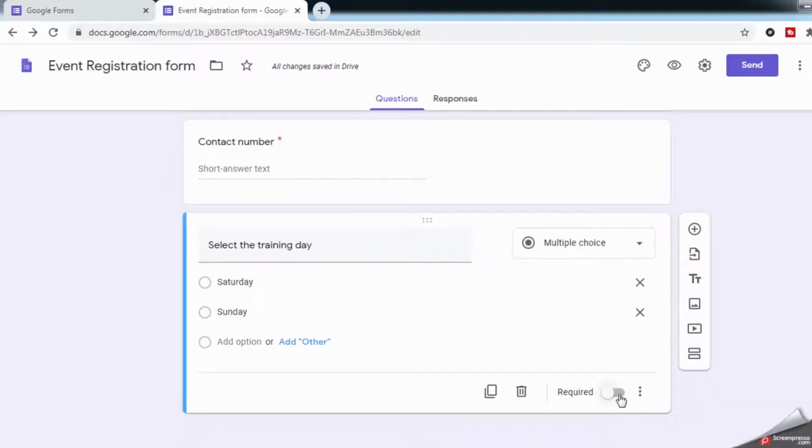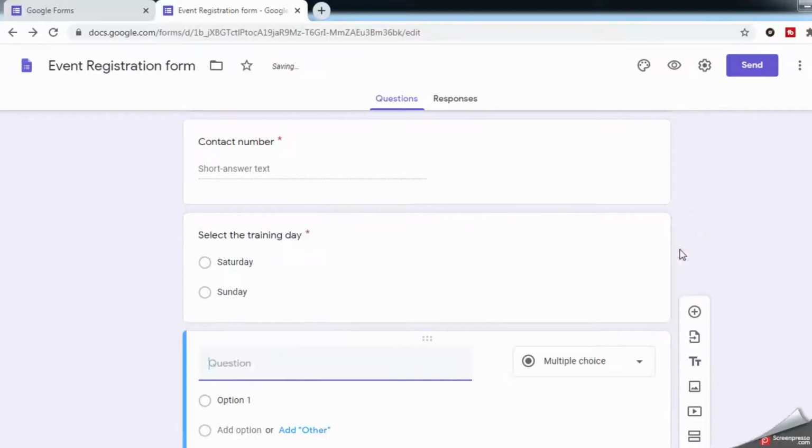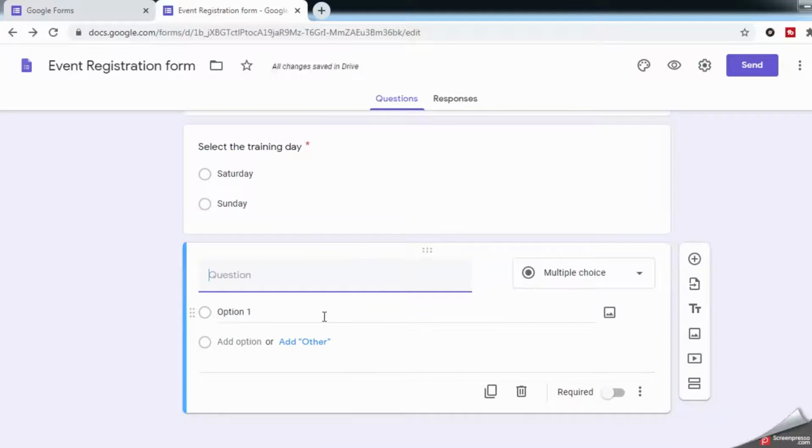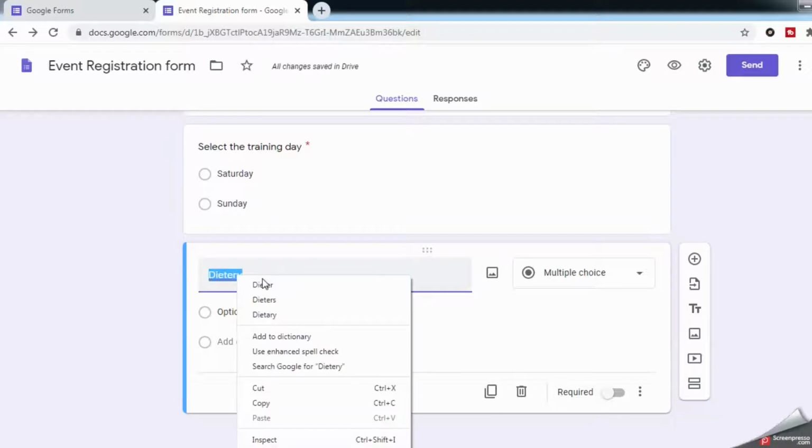Before doing it, mark it required over here. Let's click on the plus sign. Once you click the plus sign, let's add a dietary restriction. There is a Google spell check as well.